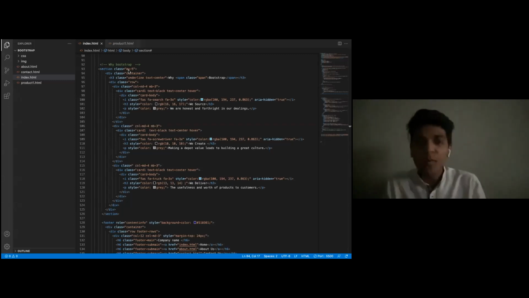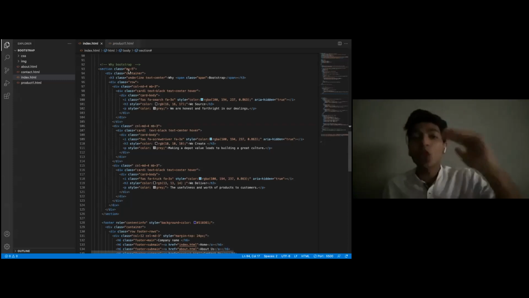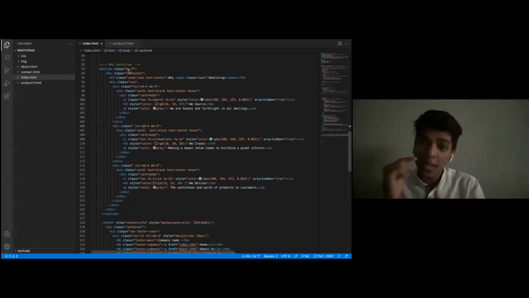So m is margin, and p is padding. What y and x represent are the vertical axis and the horizontal axis. So my-5 means that I want a margin of 5 from the top and the bottom. It would be considerable from the top and the bottom, my-5. And if I use mx-5, I would be getting a margin from the horizontal plane.